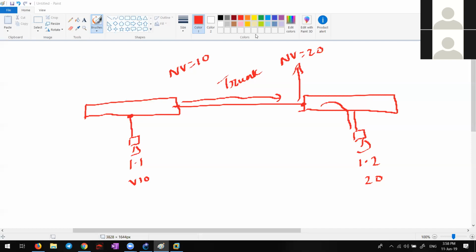Fine. Got an idea how to communicate between these two? Okay, draw this in also. Any doubt? Anyone? So is it possible if we disable CDP? Yeah, it's perfectly fine to disable the CDP. If you disable the CDP, you will not get the native VLAN mismatch error after that. Okay, then it will allow the traffic. Yes, definitely.